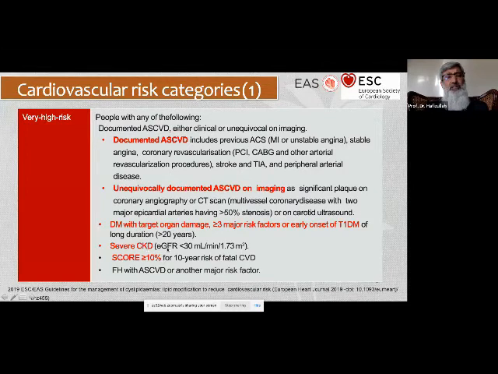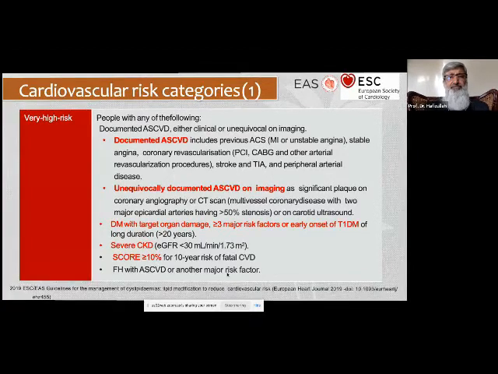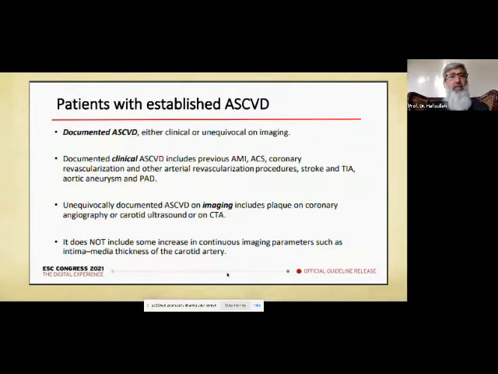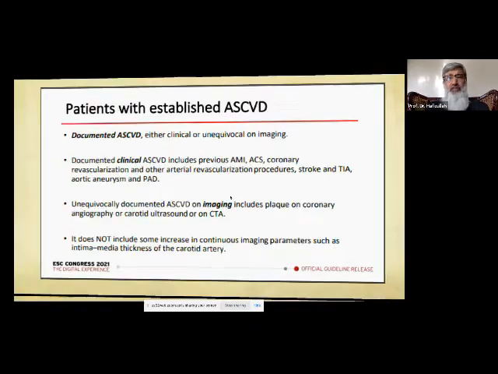Severe CKD, in which the clearance is less than 30 ml per minute, or patients who have a score higher than 10%, and we will go over this score later on, or those who have a family history of coronary artery disease or other major risk factors. So people who have either established evidence of clinical disease or who have disease on imaging will be taken as very high risk